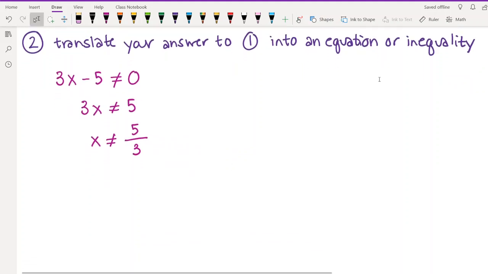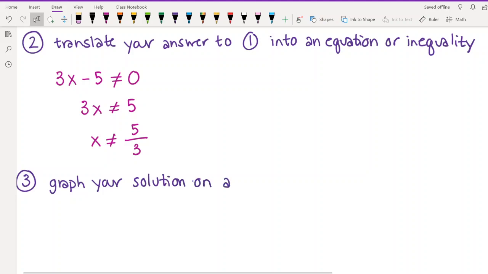Okay, so that is basically our answer. And now really all that's left to do is to translate that into interval notation. But before we go to interval notation, let's first write this on a number line. So we're going to graph your solution